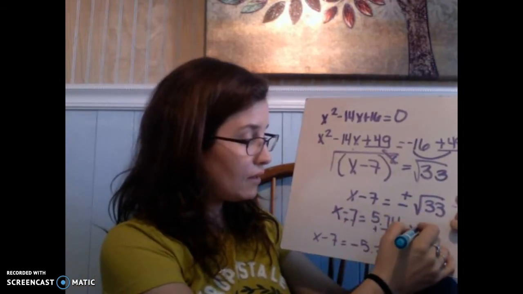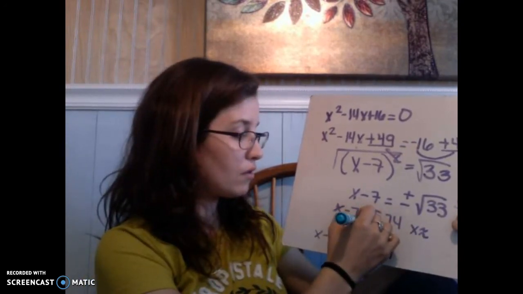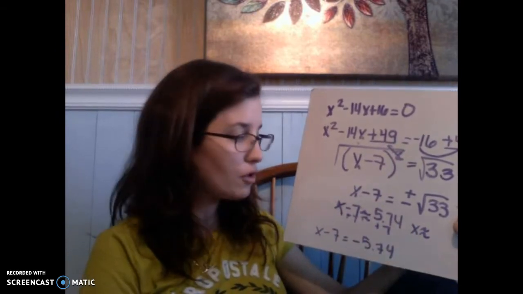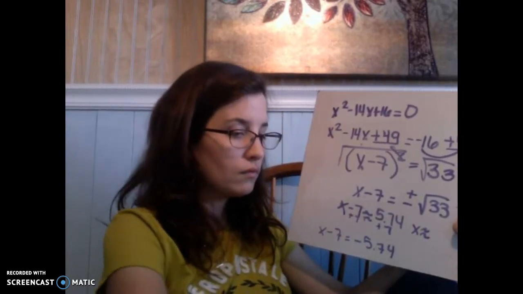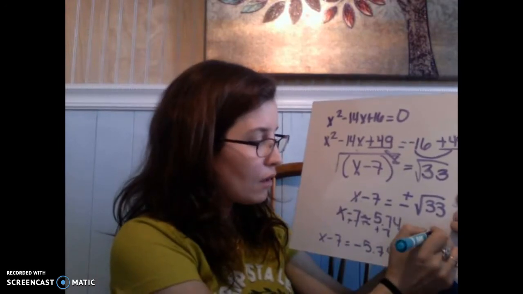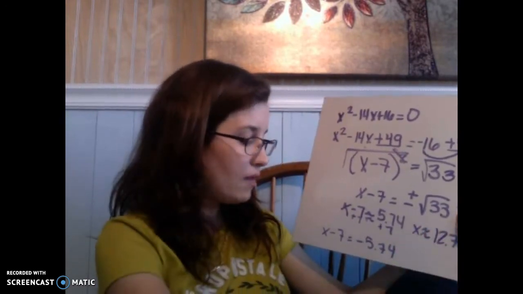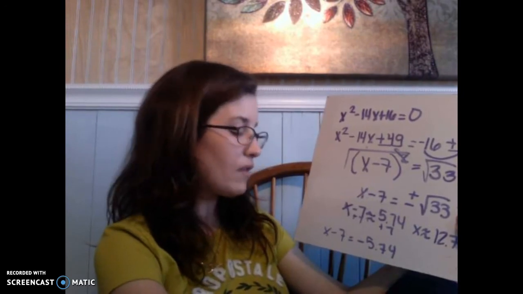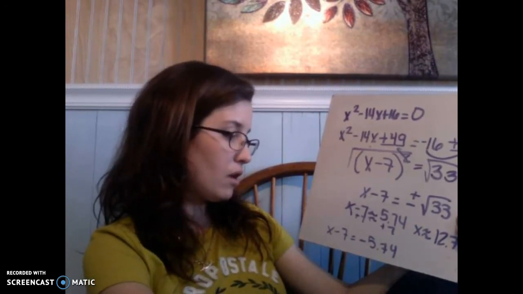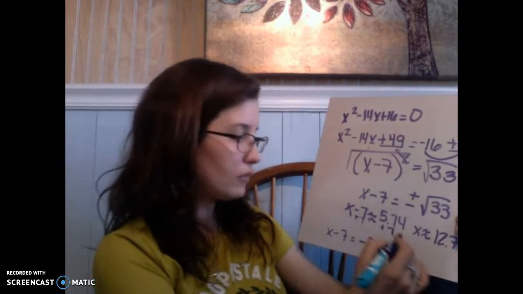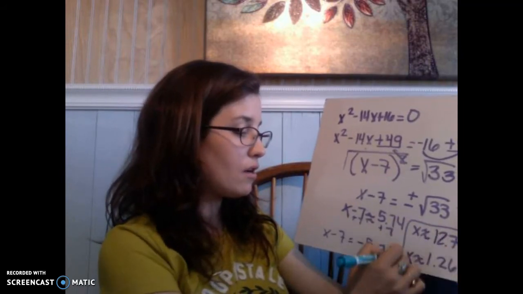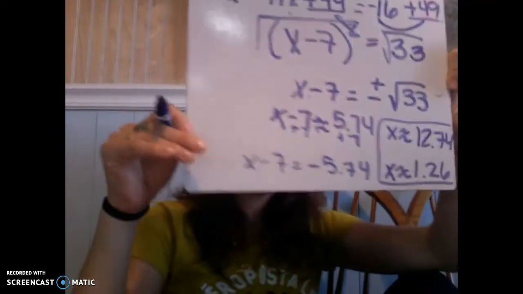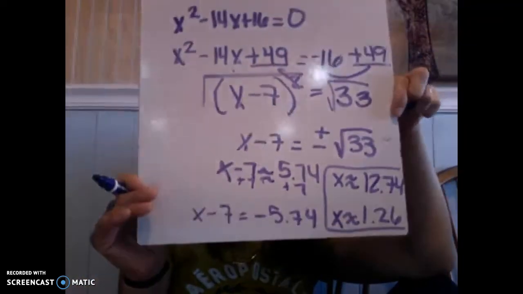So x is equal to roughly, right, because this is probably an approximation. Obviously the decimal went on and on because it's irrational. Make sure I'm right on that. Yeah. Okay, so this is 12.74. 5.74 subtract 7 would be negative 1.26. Yeah, x is roughly negative 1.26. And there are your two solutions that you really wouldn't have been able to get factoring it traditionally